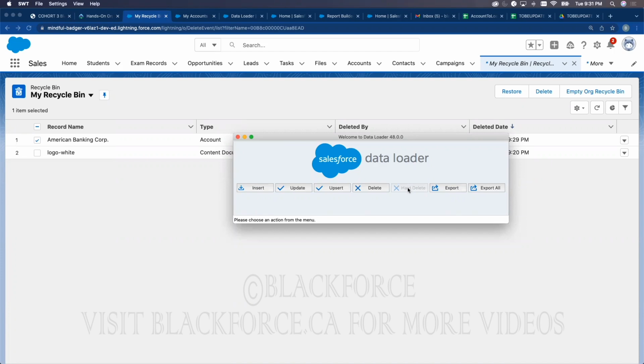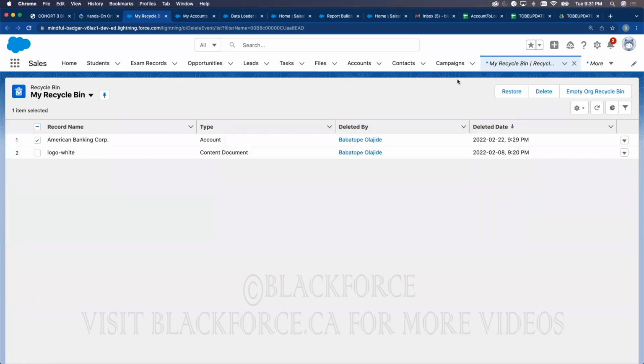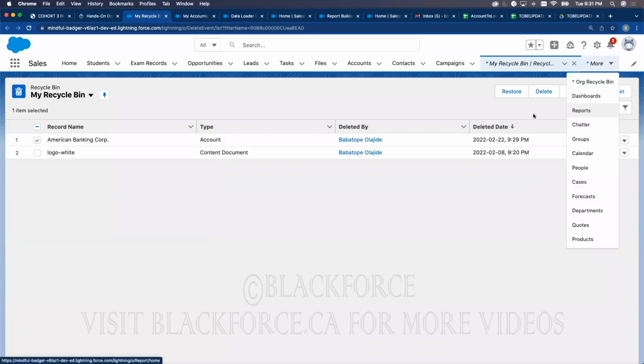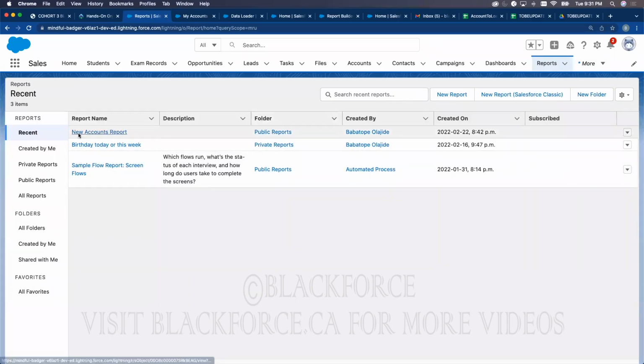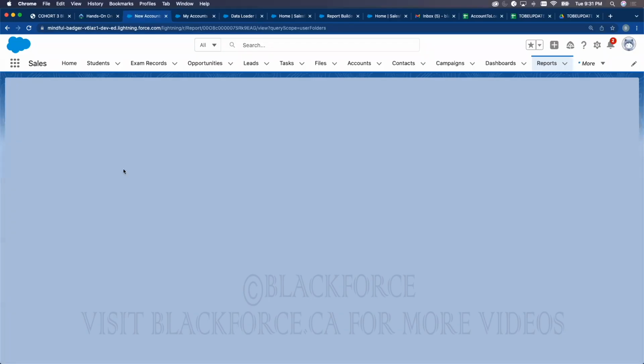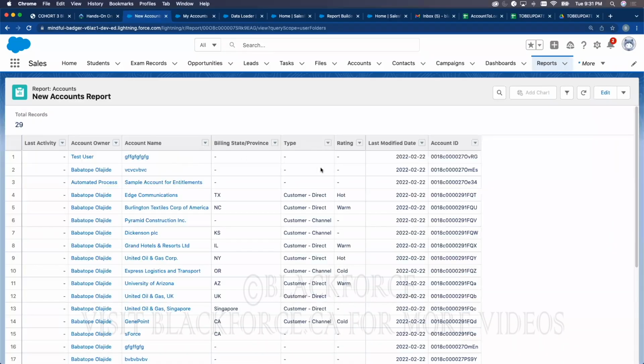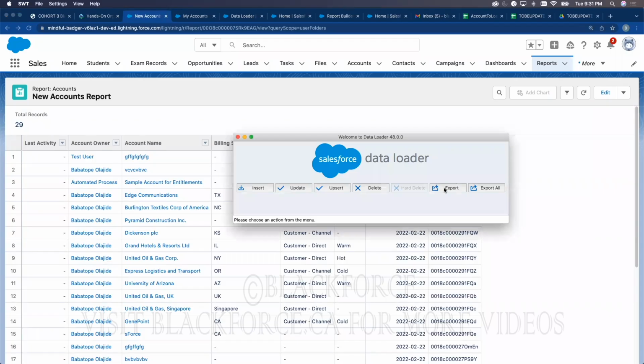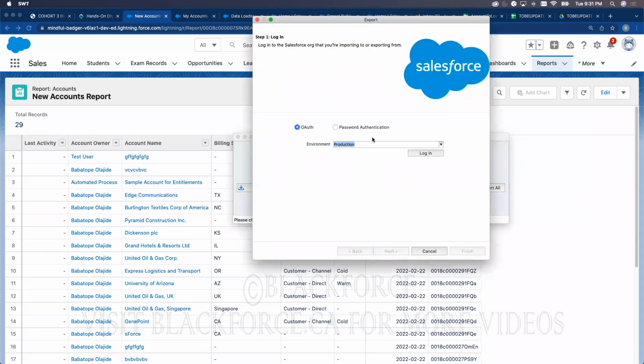In addition to that, export. I've shown you how to get the record ID. One of the questions was, do you have to get all these records? How do you get all these fields and everything? As you can see, the only reason we needed the ID was because we needed it in order to update. However, with data loader, if I needed to update a record, I would first of all go to